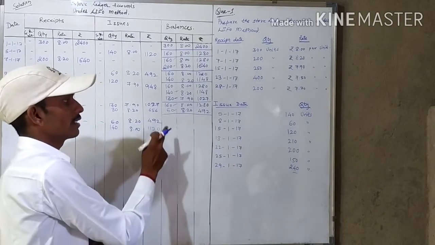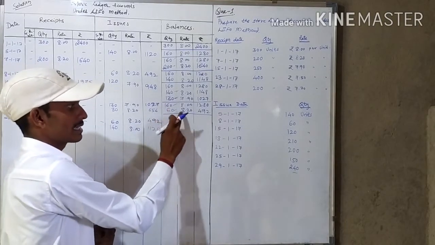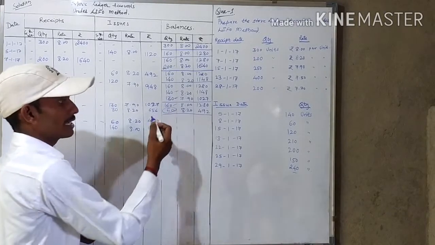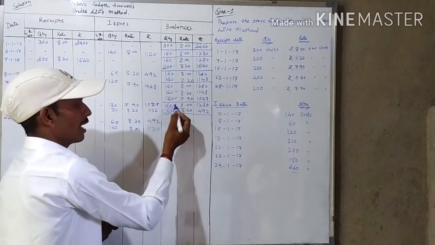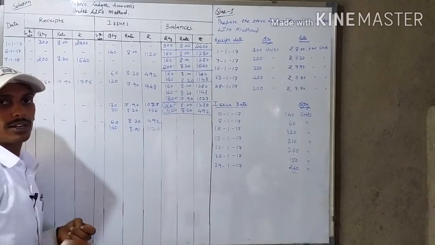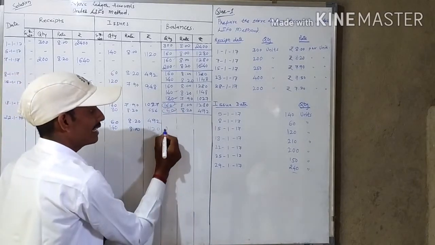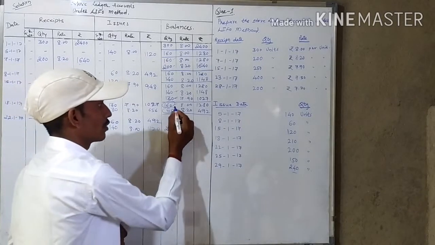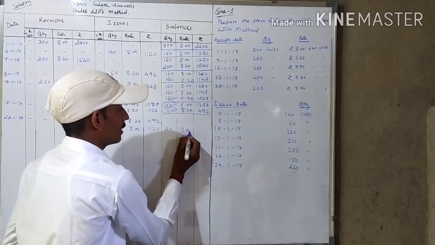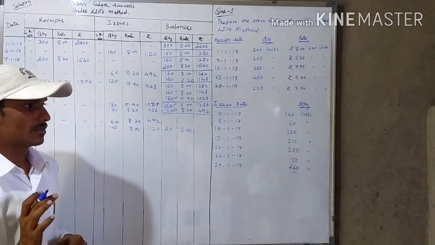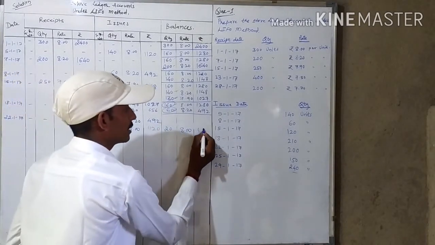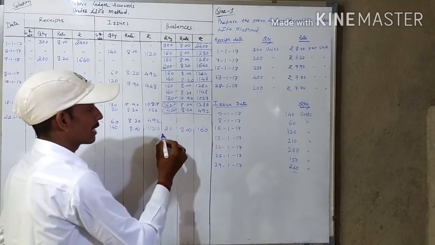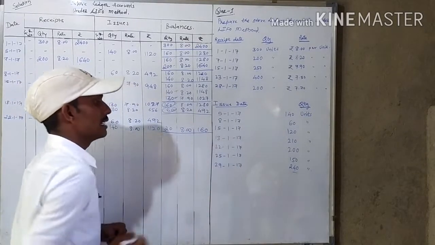Okay, now you have to show the stock. Earlier in the godown 160 and 60 lots were there, but what happened now? That whole 60 lot is issued. Again out of 160 we issued 140, means how much quantity is available in the godown? Only 20 units are available. What is the rate of that? 8 per unit. So here you will get the value as 160. Okay, this is how we have to calculate. So now close the accounts.